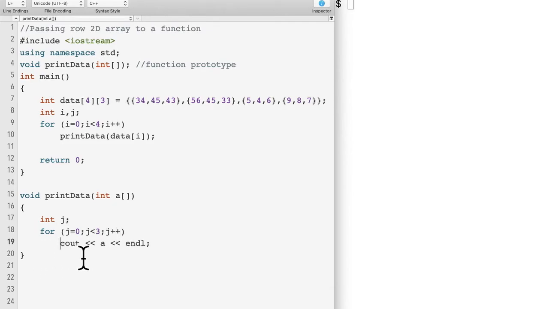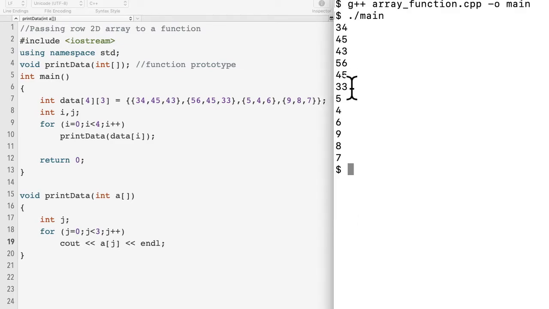To print each element in this row, we just need to put here j, and we see the output. It will print each element from this array, but the function is pass the rows, each row of the array, to the function.